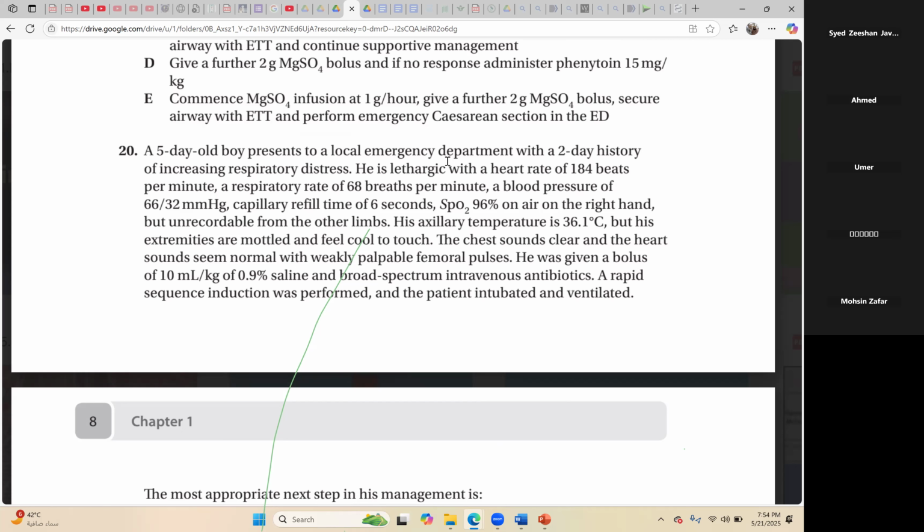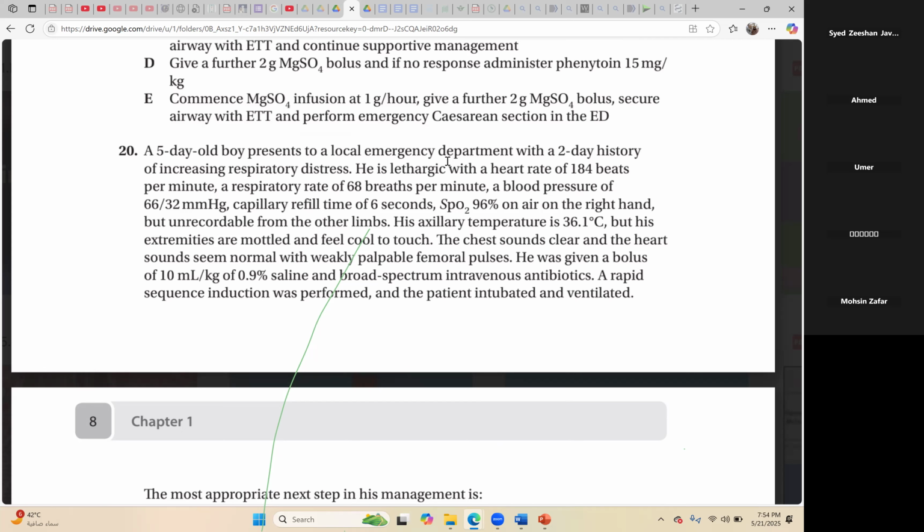So there are signs of respiratory insufficiency as well as cardiac insufficiency, like poor circulation. Okay, SpO2 is 96% and unrecordable from the other limb. So do you know this right hand? This is with reference to preductal. Okay, because the right brachiocephalic trunk will come before the origin of